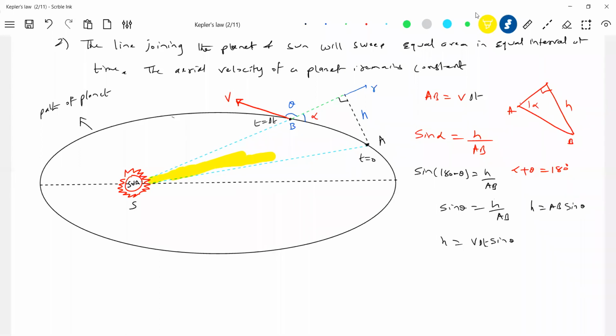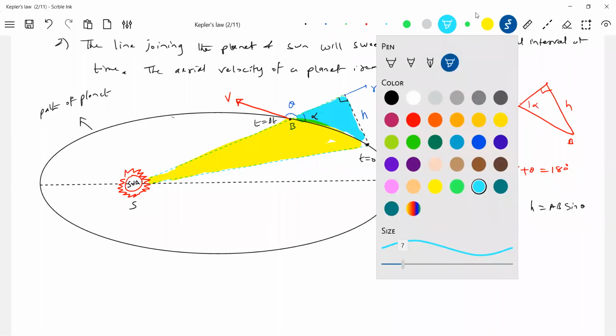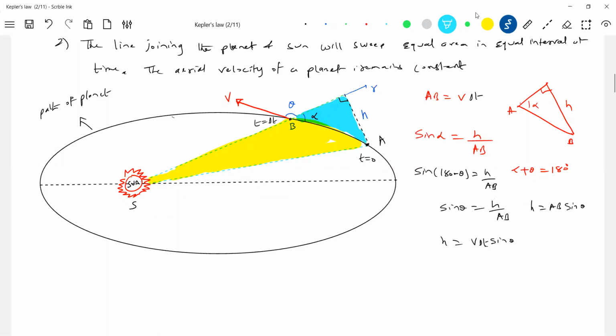So what is that area? Area will take it to be like this. Actually, the yellow color is what? The shaded area. This is the area it will sweep. So now I'll just take a slightly small element of area like this. Now you can ask, what is that blue color? It will be very small, negligible. That additional area I'm adding will be very small and negligible.